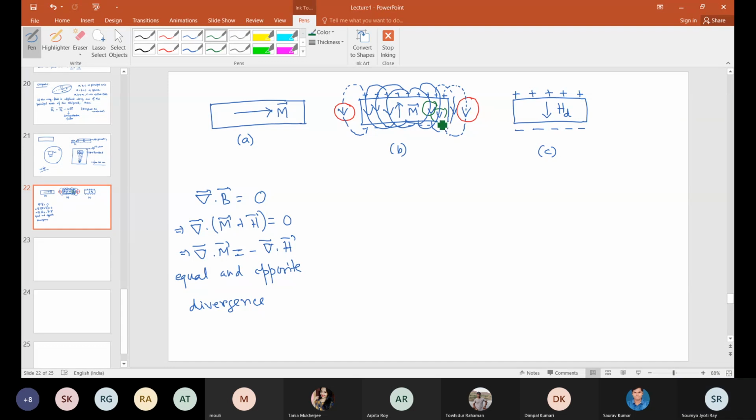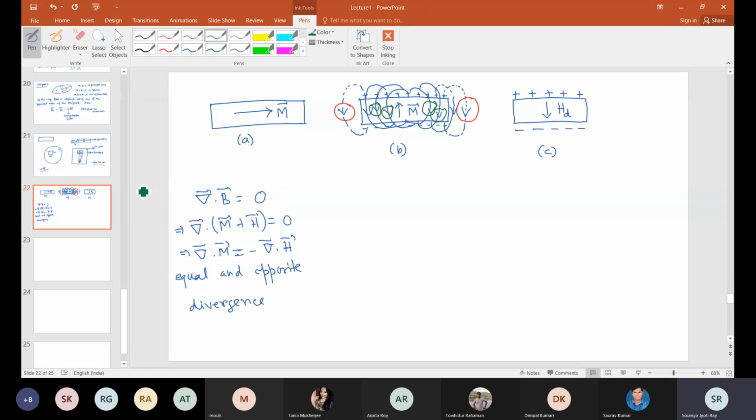Whatever poles are close to the center, their contribution will be going inside the sample. Is this part clear or not clear? So that means this demagnetization is effective at the core of the material.